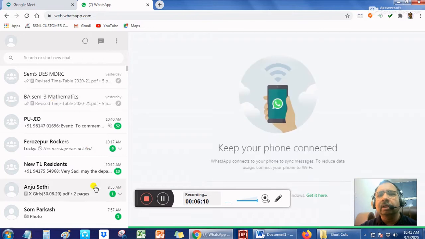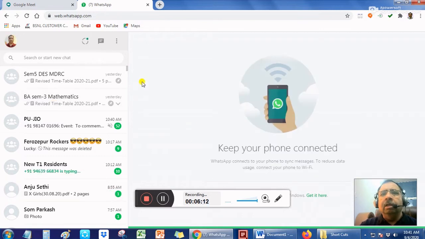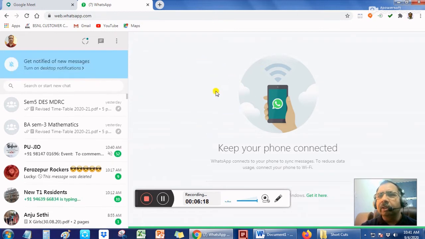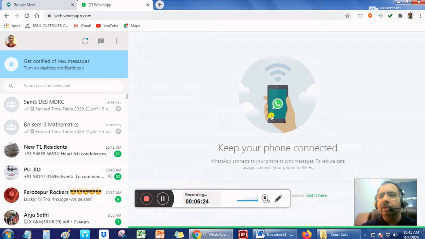This is my WhatsApp. When you click on WhatsApp web login for the first time, you will not get your WhatsApp on the screen. You will see a QR code here. You will have to scan that QR code with your mobile phone. Then you will see that your WhatsApp will be opened immediately on this screen. When I clicked on WhatsApp web, my WhatsApp was automatically opened.